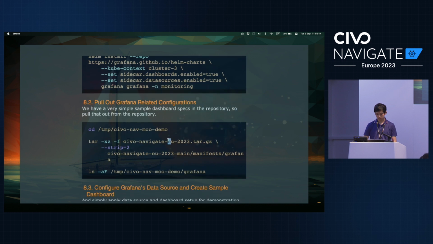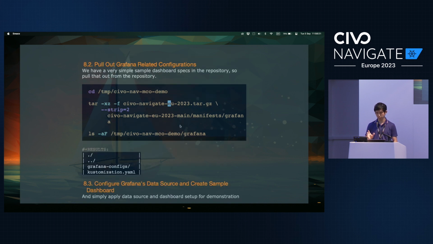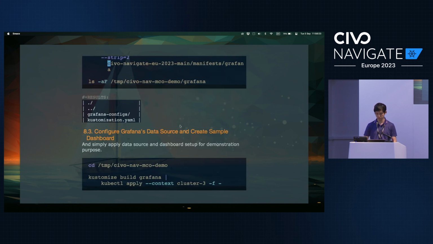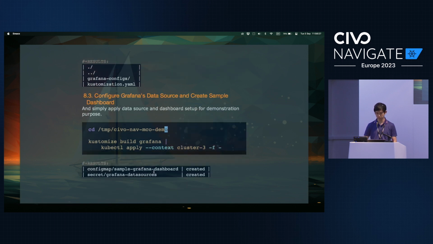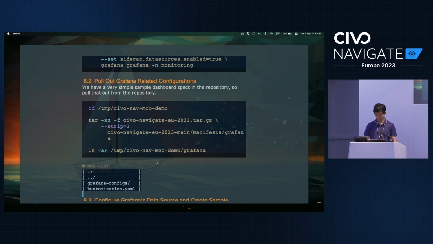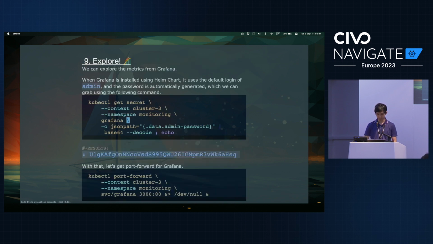For Grafana, you can have the dashboard as you like. For this particular demo, I have a sample dashboard and data source set up, so I'm going to configure Grafana to use that, just a config map and secret. With that in place, I should be able to get Grafana up and running.